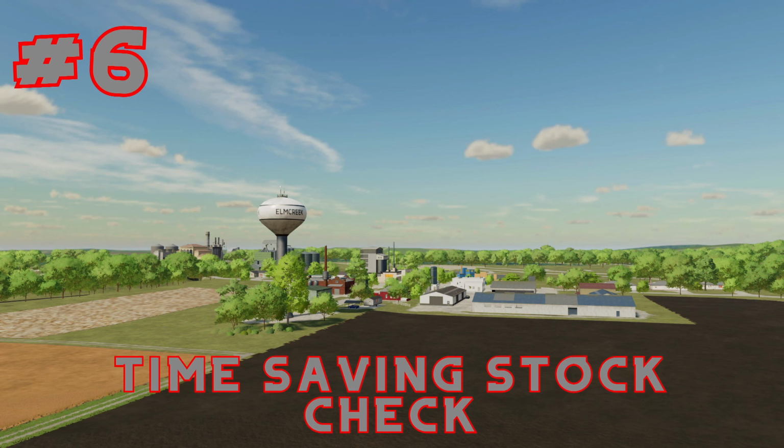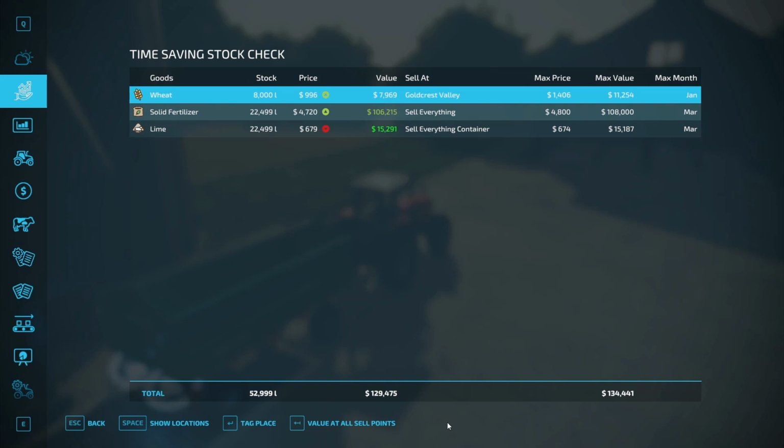And at number 6, we have Time Saving Stock Check. Now, this mod seems simple, but it is so invaluable. As you can see here, it's listing goods: wheat, solid fert, and lime. Those are products that we have in our silos, and they're going to tell you what they're selling for. As you can see, our wheat is selling for $9.96. It also tells you your max price,